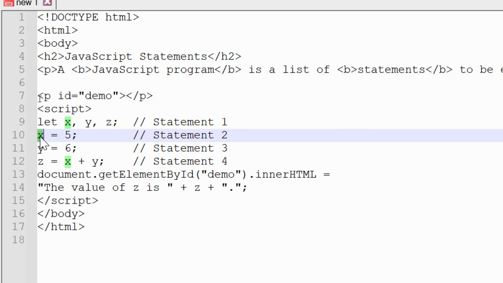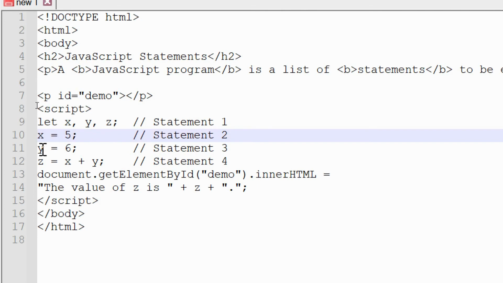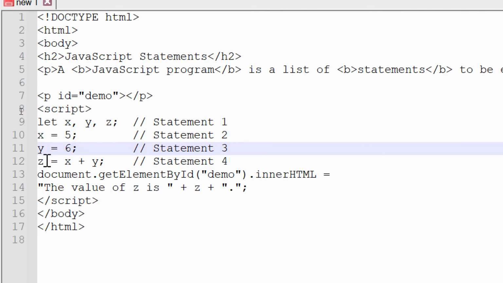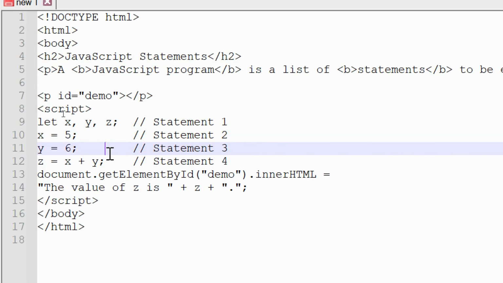In this line we are assigning value 5 to x, you can assign any value, and to y we are assigning 6, and to z we are adding x and y. As you can see, this is statement 1, this is statement 2, this is statement 3, this is statement 4.